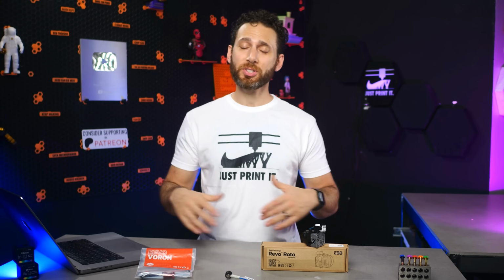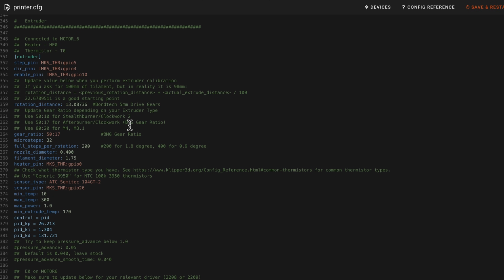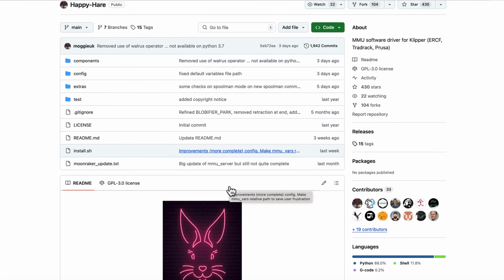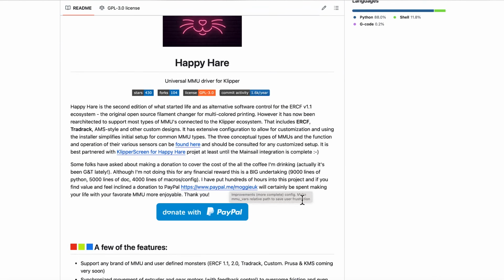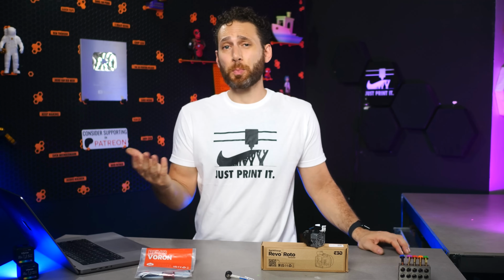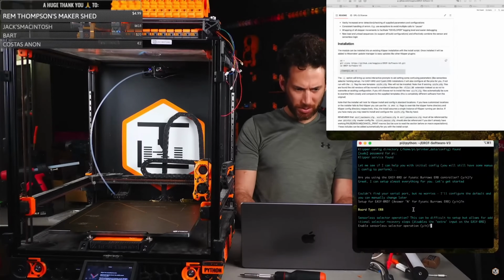Once the printer works, you have the latest firmware and KlipperScreen, and all of the ports are correctly mapped to the new pins on the new toolhead board, it's time to install and configure Happy Hare, the software that runs the ERCF. Now, this is pretty self-explanatory. There's an interactive prompt that actually asks you questions about your setup and then does everything for you in the